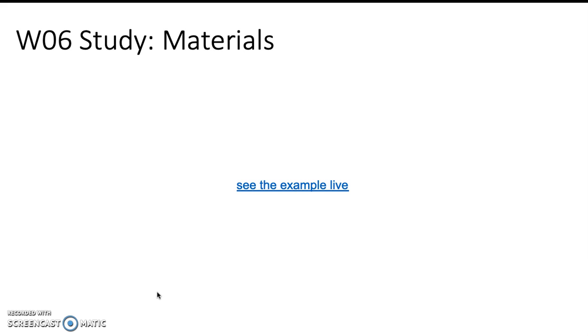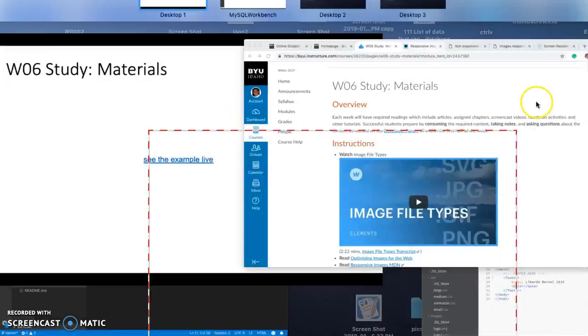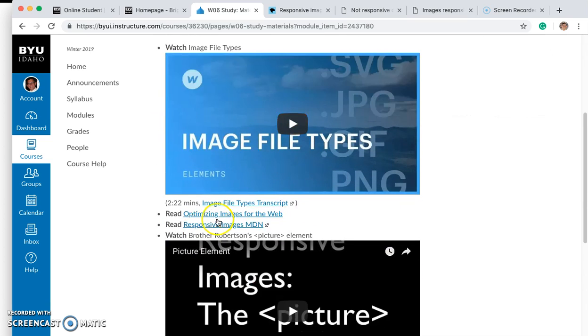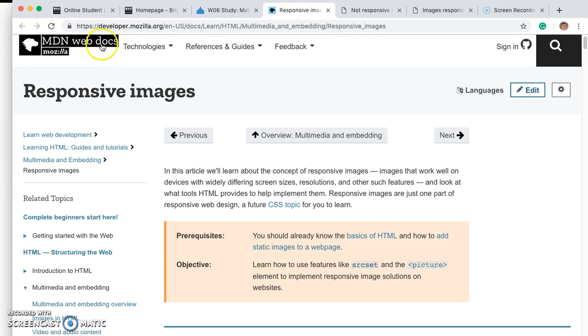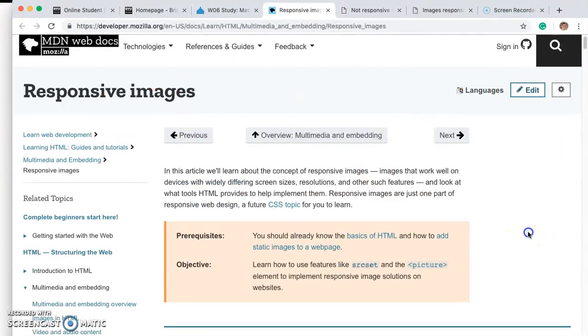This week we have study materials about this topic. We have all these materials, and here we have "Read responsive images" in the end. Basically it is in the MDN Web Docs, and we have one article, prerequisites, objectives, and